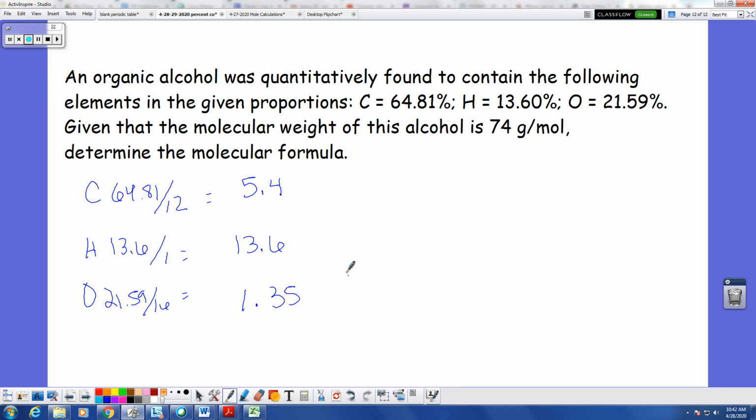Okay, so then if you remember, we divide all of them by the smallest. We cross our fingers for whole numbers. 13.6 divided by 1.35 looks like 10, unless I've lost my mind. It is 10. 5.4 divided by 1.35, I bet this is 5. Oh, it's 4. That's what I meant. Okay, so this formula would be